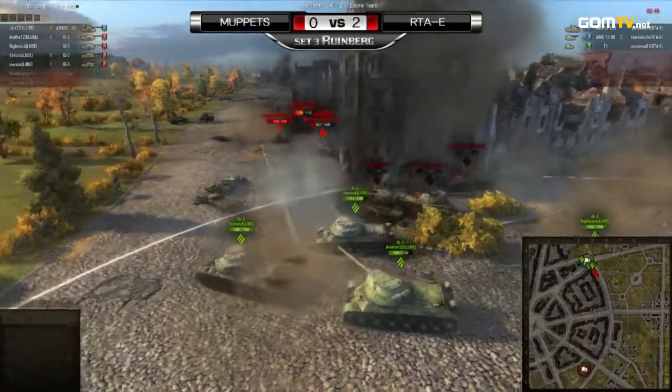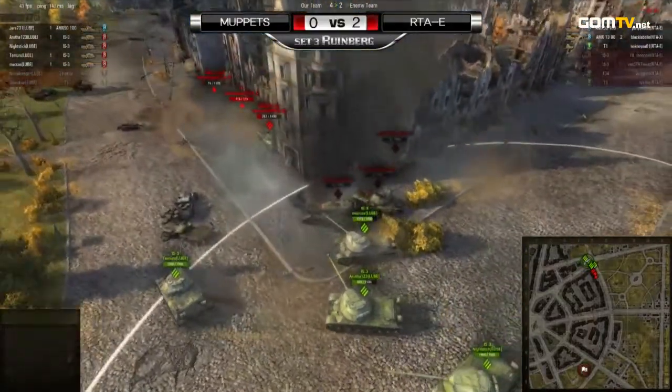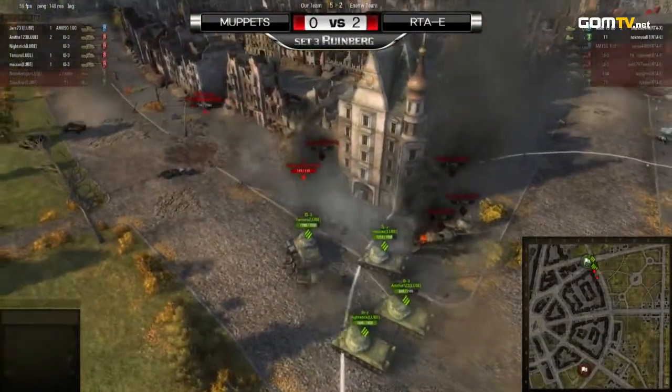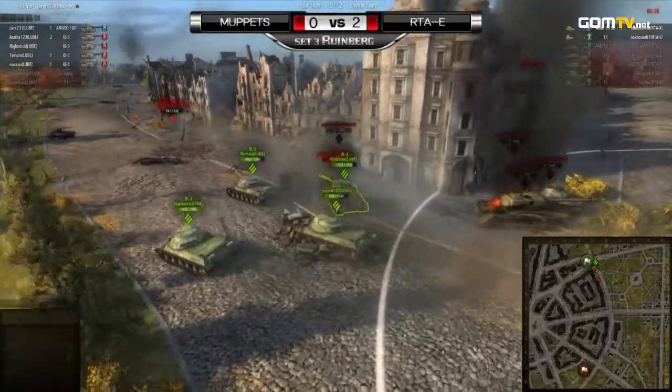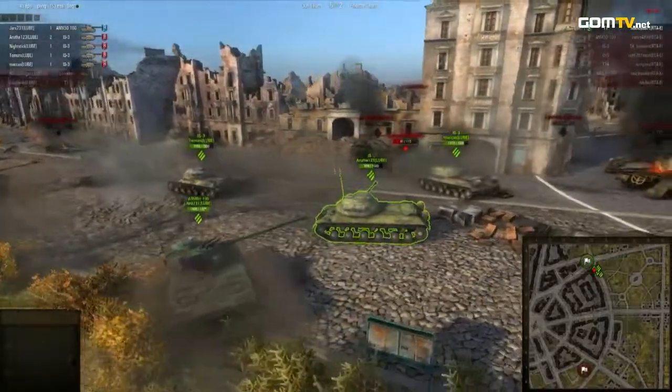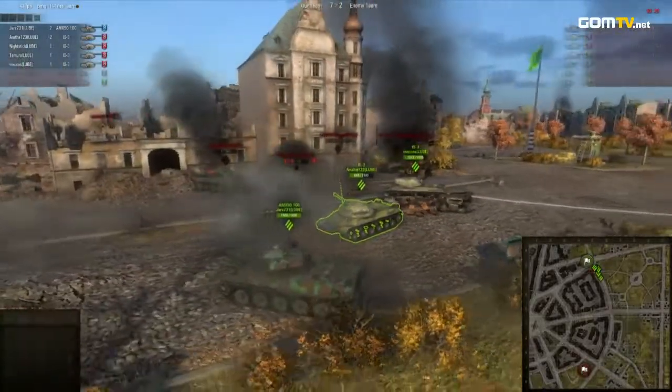I actually thought that the approach by RTA on the city edge was really, really risky, as a matter of fact. And because they had been spotted relatively early as well, should I call this luck? Not really. Although Muppets did not have any scouts, it was a very, very bold move, and